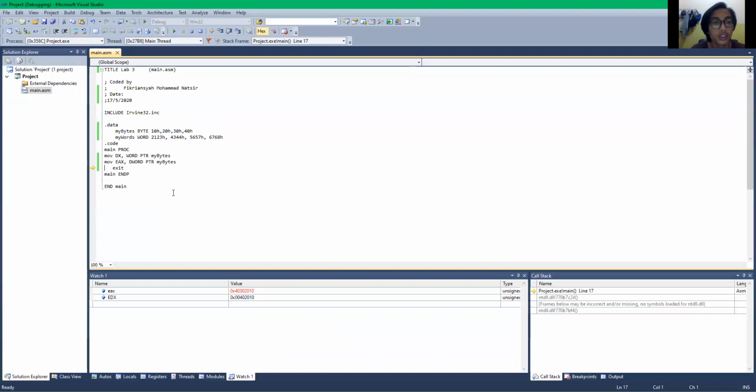Don't forget we fill the address or the offset with the little endian order. So, and then we are going to continue to